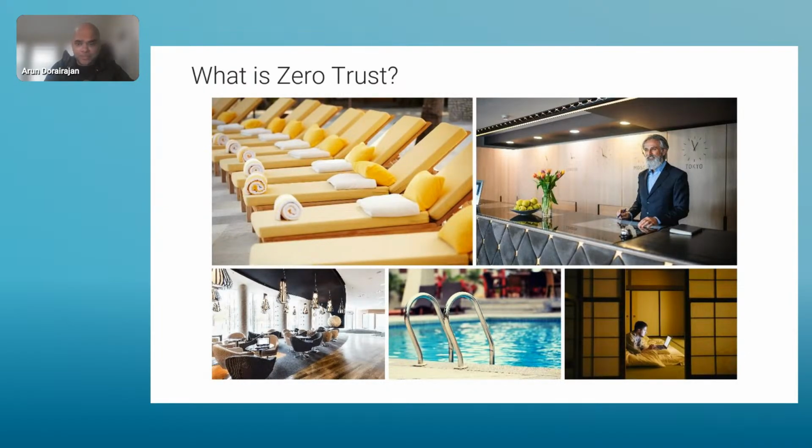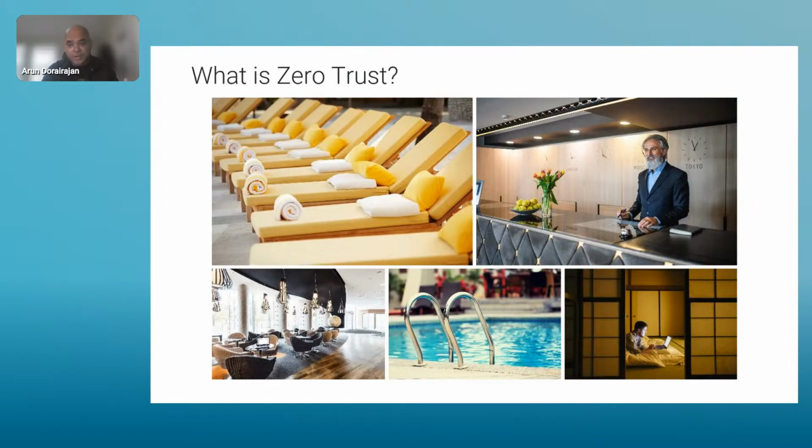Think of it like a hotel. Everyone looks relaxed. Poolside chairs, cozy beds, open lounges. But here's the reality. You just don't walk into any room or jump into the pool without verifying who you are.